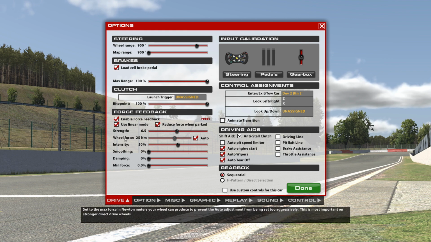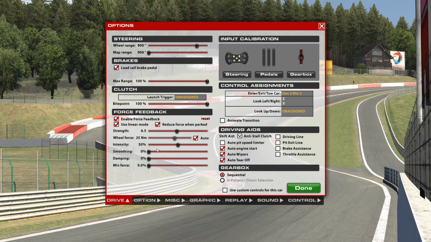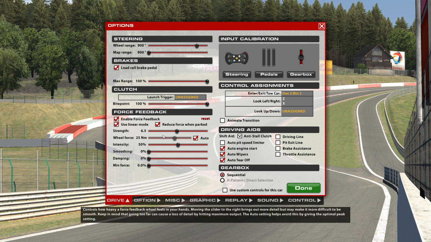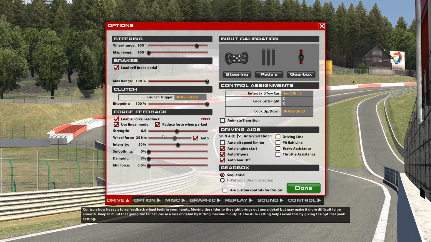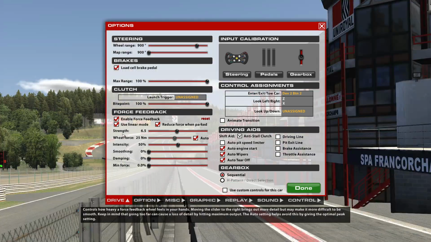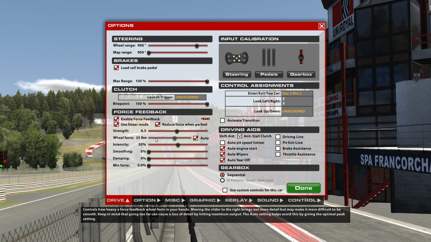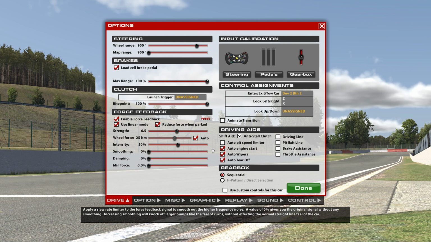So all I've done here is set the wheel force to the maximum that the direct drive base can do, which is 25 Newton meters. And the strength you can actually adjust when you're in the car. So get this to a setting that you're comfortable with, and then you will find that in various cars you'll need to turn it up and down. So, for instance, when I go oval track racing, I drop this down to 5, because at 6.5 you're just getting absolutely roasted for the entirety of the race,